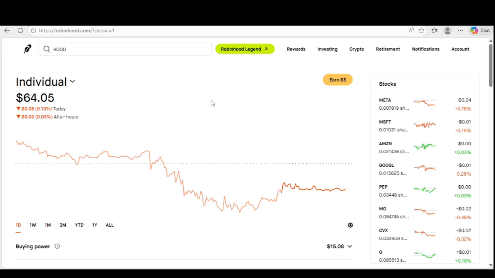Hello, investors. Most people using Robinhood have no idea they already have everything they need to value a stock for free. No spreadsheets needed, no finance degree, no expensive software. Yet, 90% of investors will still buy stocks blindly based on hype, headlines, or even TikTok. Today, I'm going to show you exactly how to value a stock using only the Robinhood app, step by step,